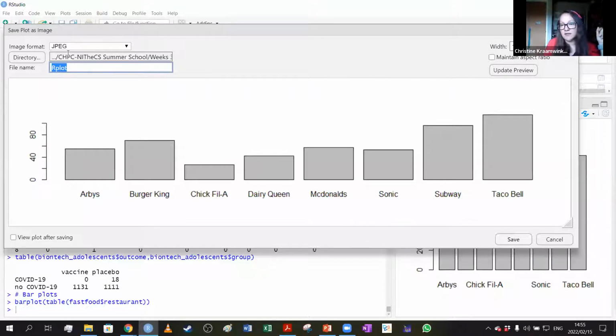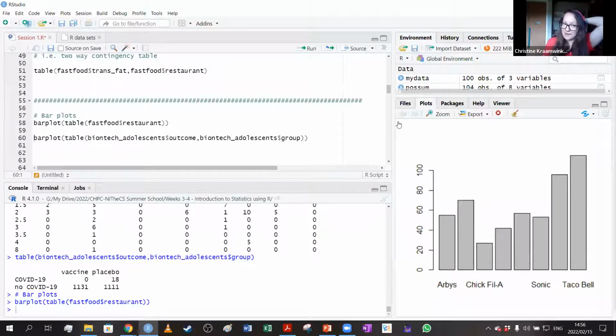And you can see it's trying to save it now in the working directory that I've set up. So it will automatically go to your working directory. You can choose what type of format to save it in. There's actually also other ways of saving it, where you directly export images, and you don't even necessarily need to view it beforehand. That works really well if you have a large amount of plots that you need to create. So you can create file names automatically, but this is the beginner way of doing it. You can just export it here.